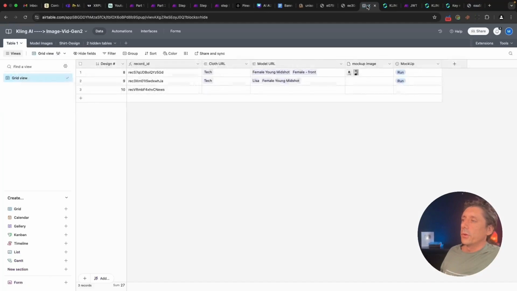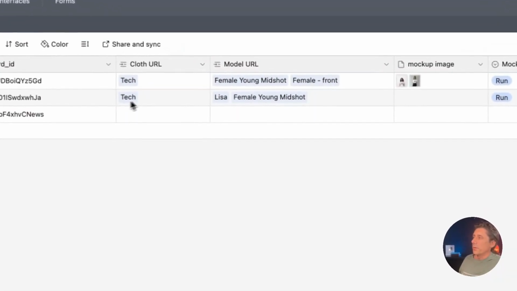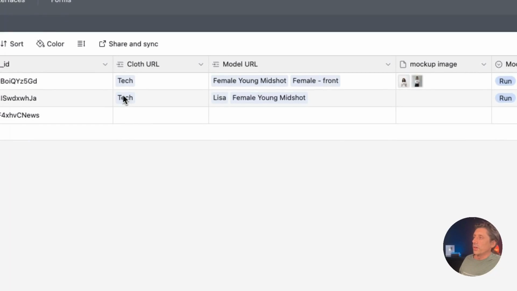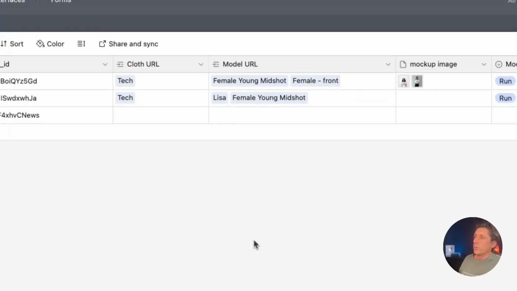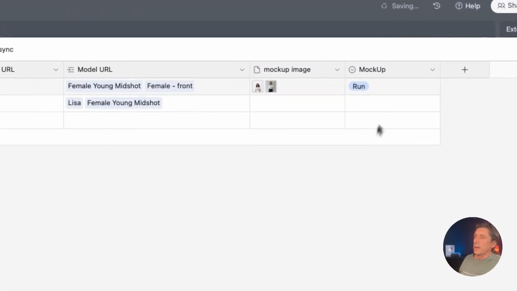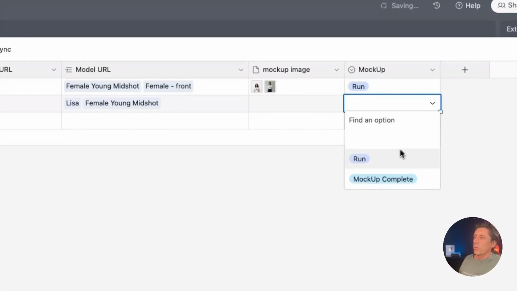So in order to run this automation, all I've got to do here is choose which models that I want to use. So for this example, I'm going to use the one shirt design I've got there. You might have multiple designs that you can choose, but choose one. And then you choose the models, so you just click in here, and if you've got multiple models, they'll all be here for you to choose from. So you can just choose whichever ones you want. And then we're going to change that status back to nothing, and now we can run it. So if I click run here now,